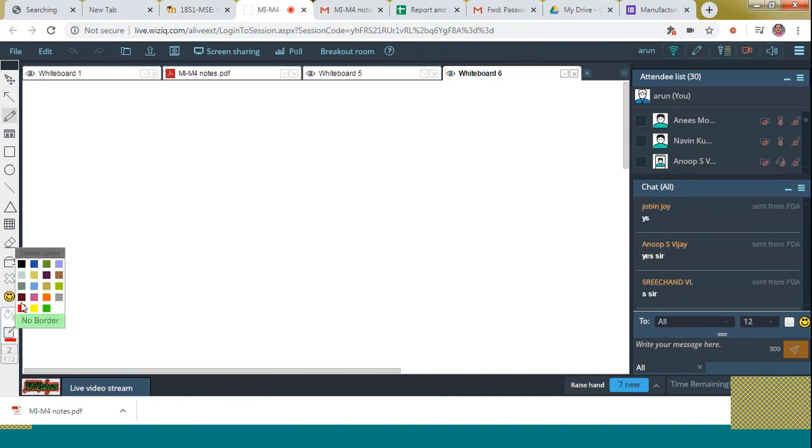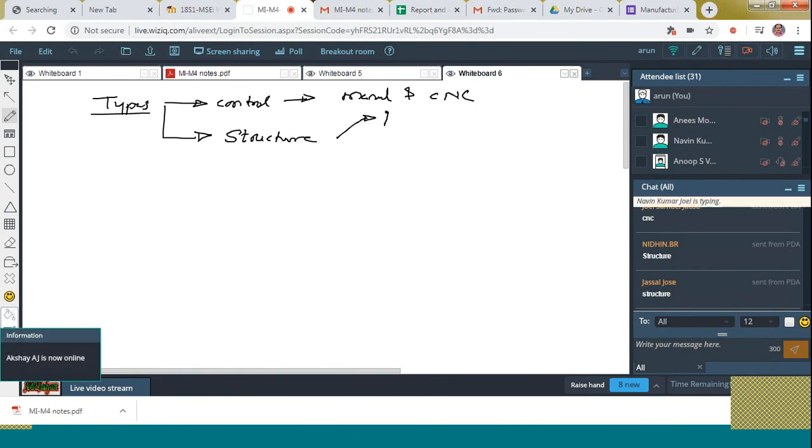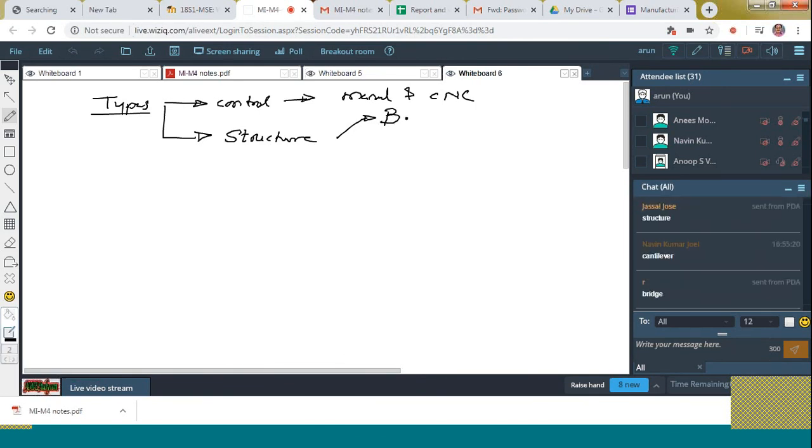So far we discussed the types of CMM, right? What are the types we discussed? Based on the control, it is classified into manual and CNC. Next, based on the structure, it is classified into: first one is cantilever type, bridge type,